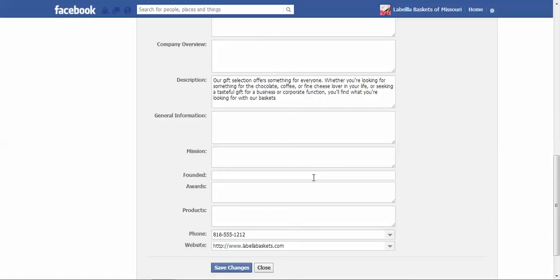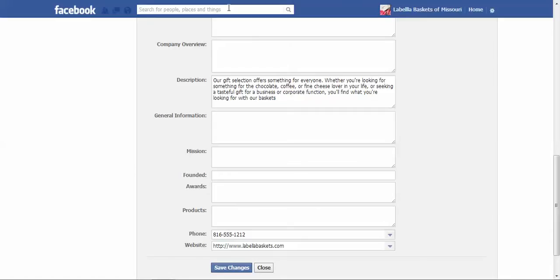Keywords: who's your target market? And I keep using real estate, so we'll just go with that. Target market is realtors, so you're going to use language geared to realtors. Real estate closing gifts, mortgage closing gifts, buyers closing gifts, sellers closing gifts. If that's your target market, those are the type of keywords that you're going to put in there, because when people go and search, they're going to type in that.